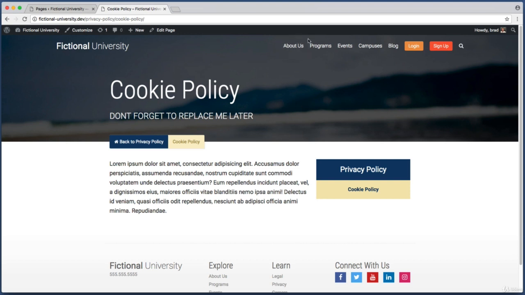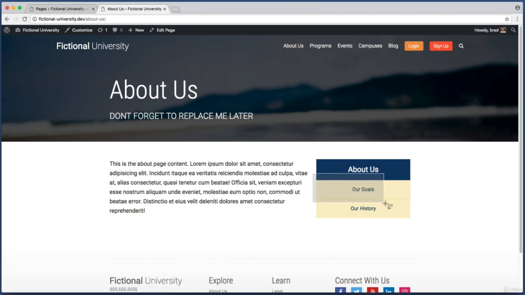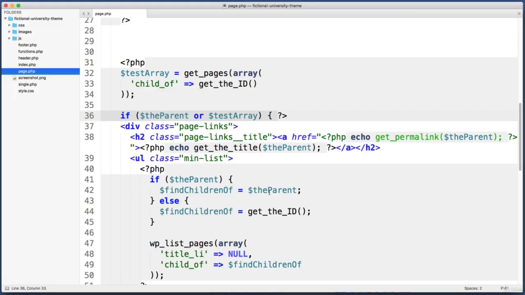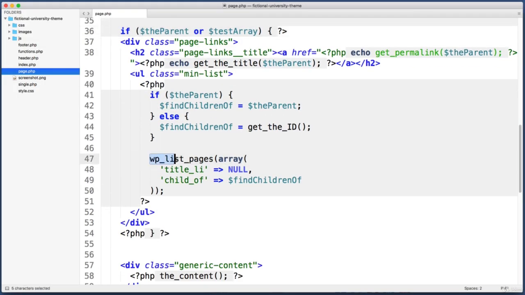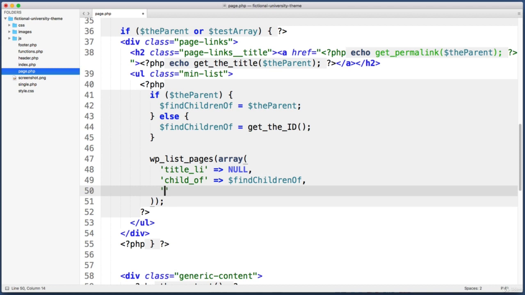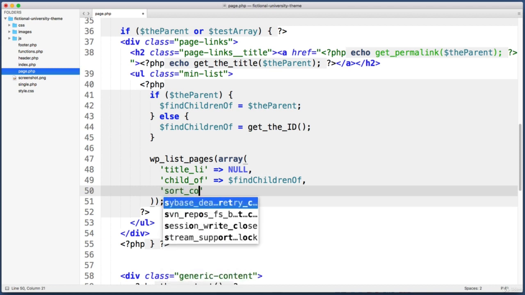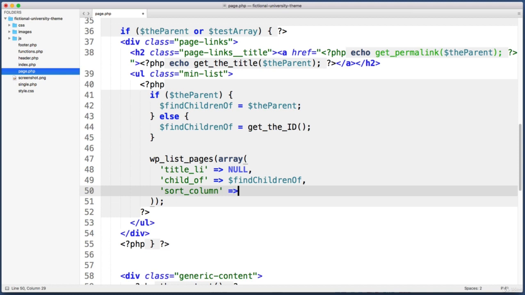Now, before we bring this lesson to a close, I have one last tip for you. If I go back to the About Us page, you'll notice that I have multiple children links. And you might be wondering, how can you control the ordering of these? For example, what if I wanted our history to come before our goals? By default, WordPress will use alphabetical ordering, but if you want to use your own custom ordering, all you need to do, down here when we are calling this list pages function, within our array of arguments, let's just add another item, and let's use a parameter named sort_column and set it to equal